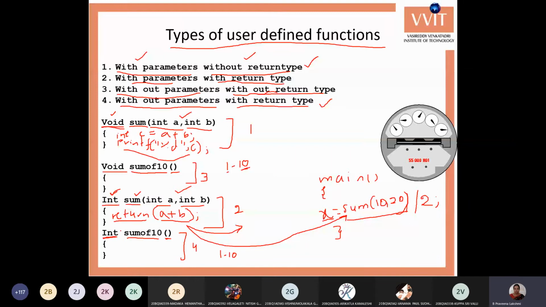This function takes the input values, but it does not give any output value, or it displays the output value within the function.